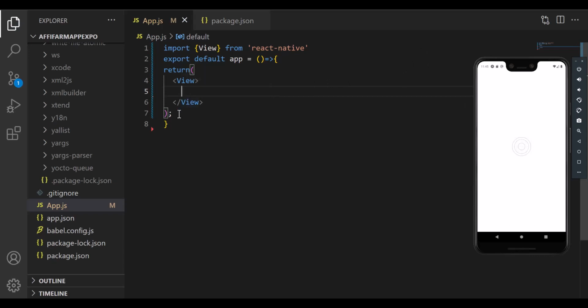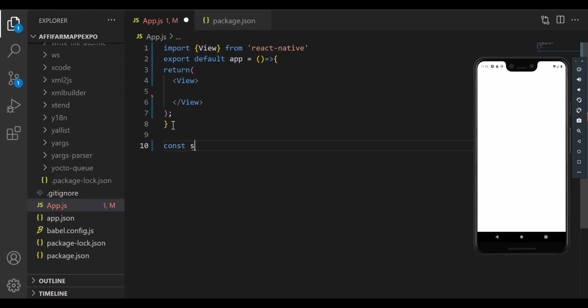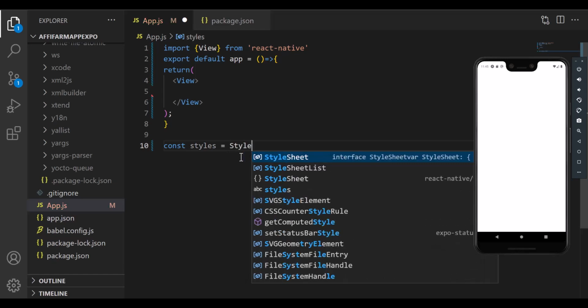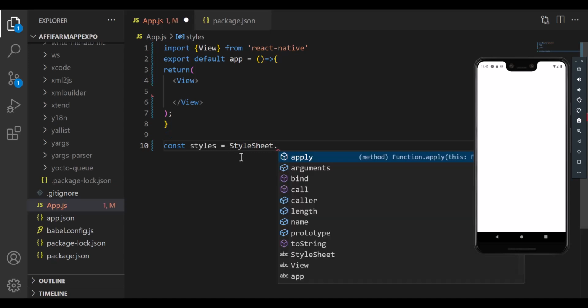And the style is going to be outside the function. So it's going to be a constant, and then styles. So it will equal to, now we're going to bring in a StyleSheet. So I'm expecting an error, or else it will import a StyleSheet for me here into React, from the React Native module. So the StyleSheet carries all the CSS that is needed. That is the colors, the words. So StyleSheet dot create,